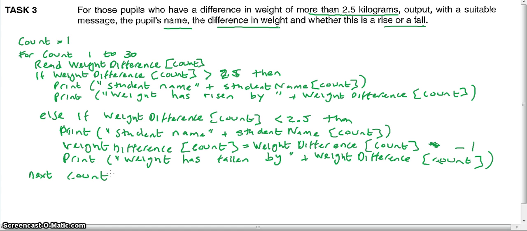Okay, and that's essentially the end of task 2. Now, just one thing to note, at the second section of the if statement, I use an else if statement. I didn't use an else statement because it doesn't automatically mean that if you haven't met the first condition, which is more than 2.5, you're automatically going to meet the next condition,